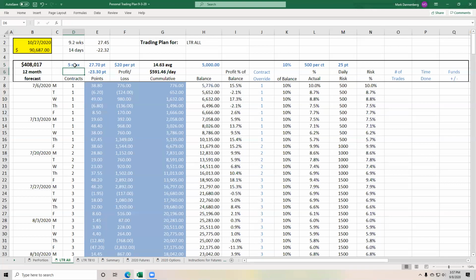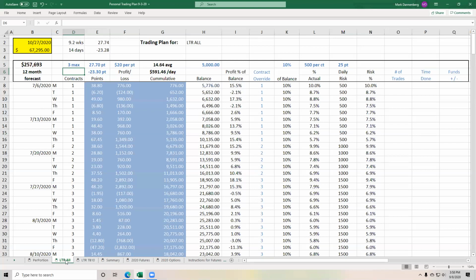You can cap out at 5 contracts, knowing that it will never get to 5 contracts unless there is sufficient funds in the account for those 5 contracts to be no more than 10% of the balance of the account. And there's a $400,000 income. So you can adjust what your future forecasted income is simply based on trading the number of contracts, as long as you are honest and realistic about your forecast being based on your actual run rates. Okay, so that's in the